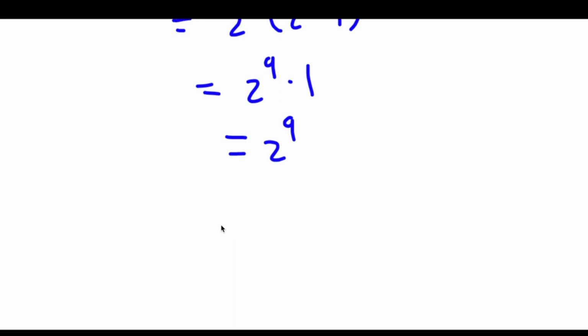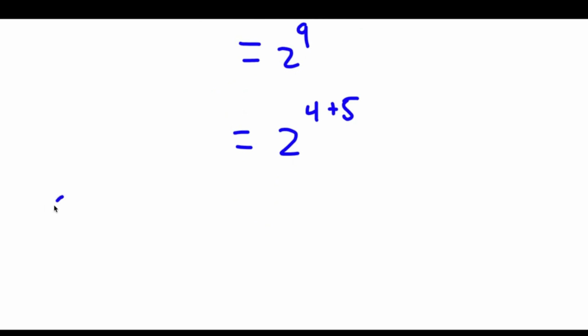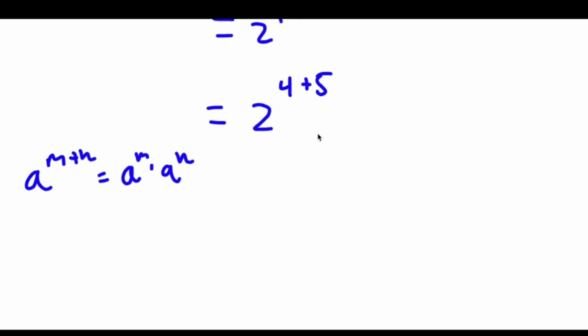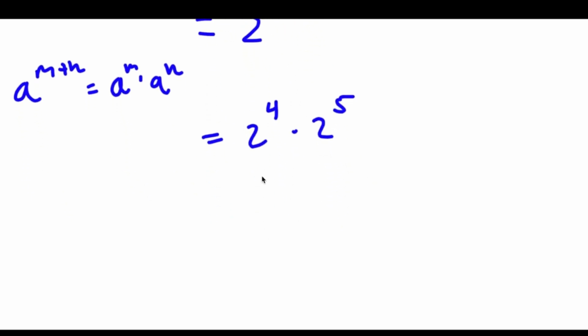So 2 to the power of 9, this is the same thing as 2 to the power of 4 plus 5, right? And remember, if we have something in the form a to the power of m plus n, this is equal to a to the power of m times a to the power of n. So 2 to the power of 4 plus 5, that's going to equal 2 to the power of 4 times 2 to the power of 5. Now 2 to the power of 4, this is equal to 16, and 2 to the power of 5, this is 32. So I have 16 times 32,